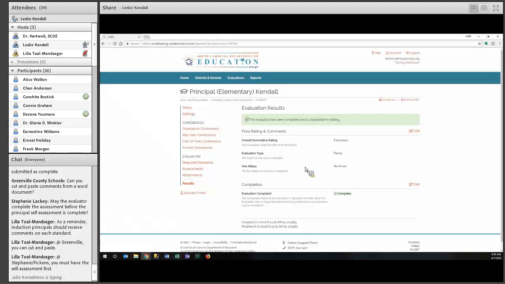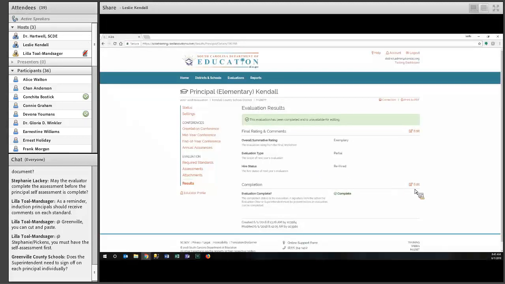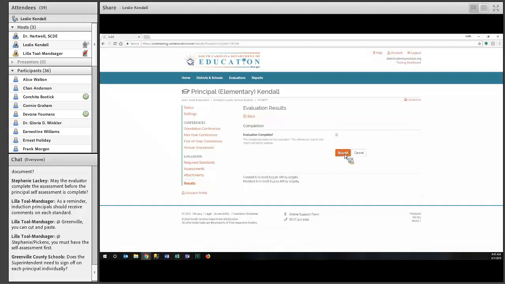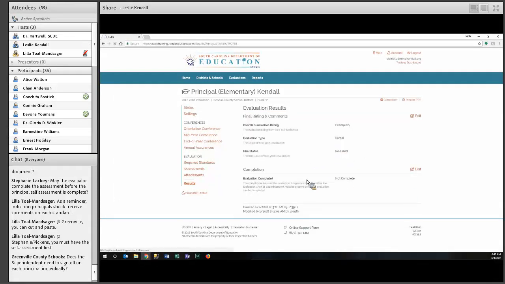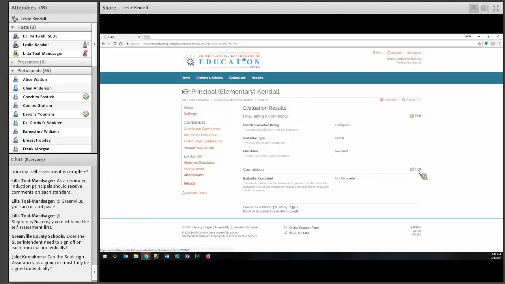However, if the academic year hasn't been closed, and again for 17-18 for PDEPT, that would be on September 1, the PDEPT administrator could come back in and click Edit, remove the evaluation complete, submit, and at that point signatures could be removed and edits could be made as necessary.